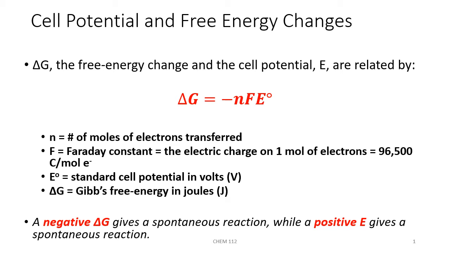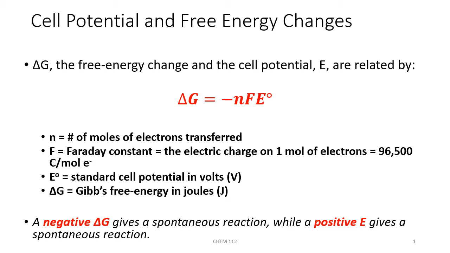So you probably noticed recently that we've been able to tell if a reaction is spontaneous or non-spontaneous just by calculating the cell potential. And by seeing if it's a positive or a negative sign, we could say if it's spontaneous or non-spontaneous. So in this section, we're going to relate what we've been learning about cell potential back to what we learned about Gibbs free energy, or the Gibbs free energy change, delta G, from our previous chapter on